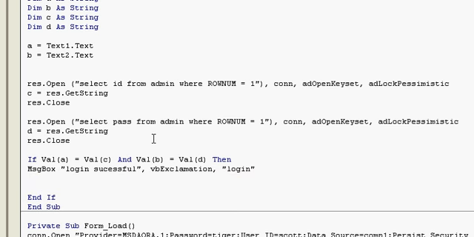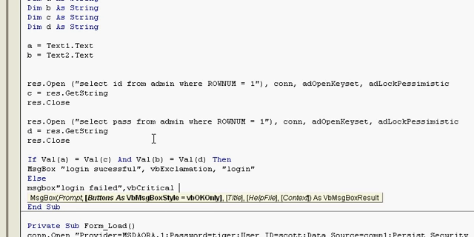Okay, now the else part. Else message box, here login failed, vbCritical, and login failed as the title.